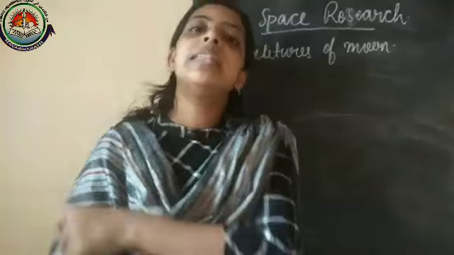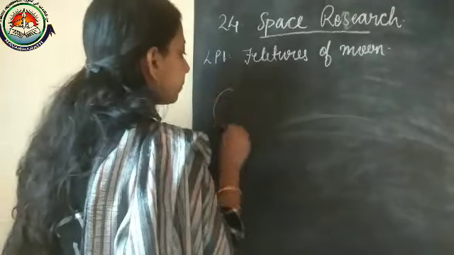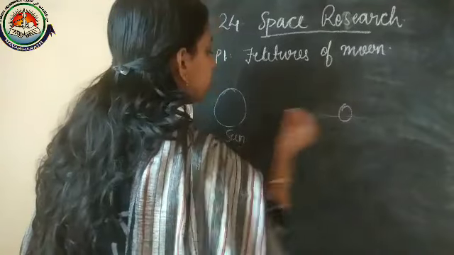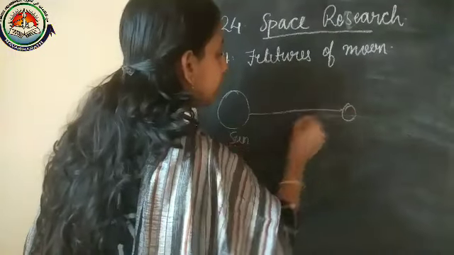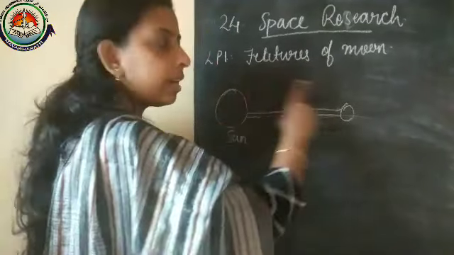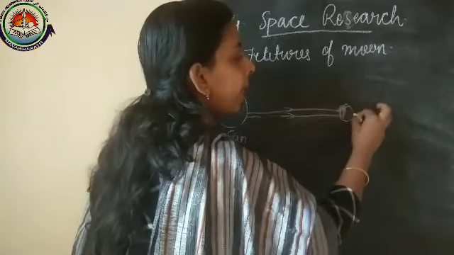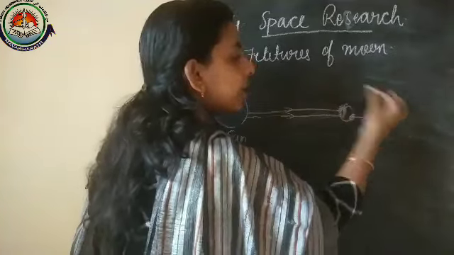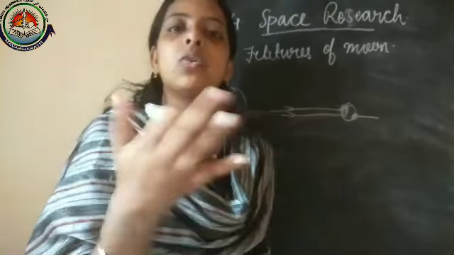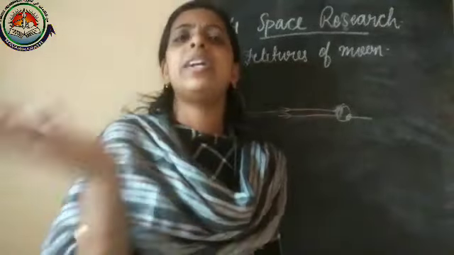So what happens? If we consider the sun, and light going from the sun to the moon in this way, the sun's rays reach this part and it becomes more bright, and the part which does not get sunlight will be dark. This means there is no scattering of light, no atmosphere, so it can't spread. Scattering means spreading of light.